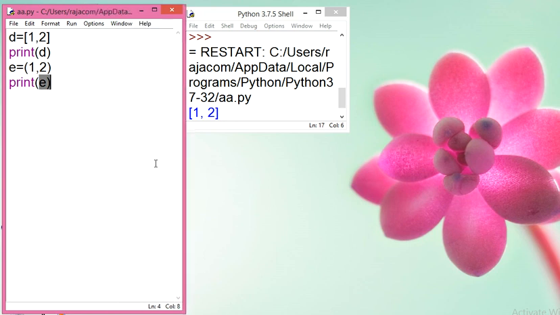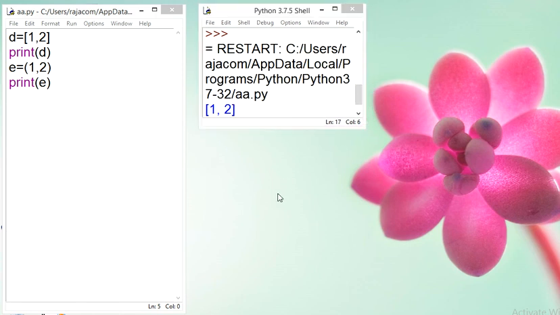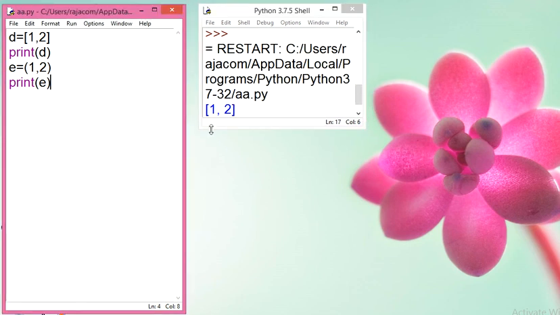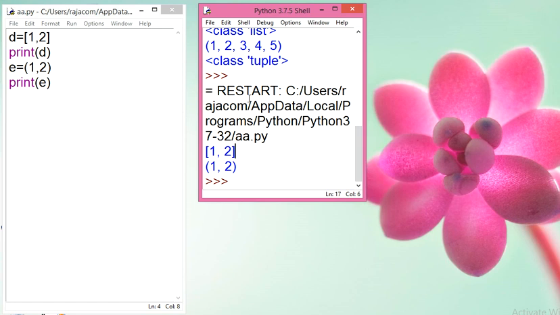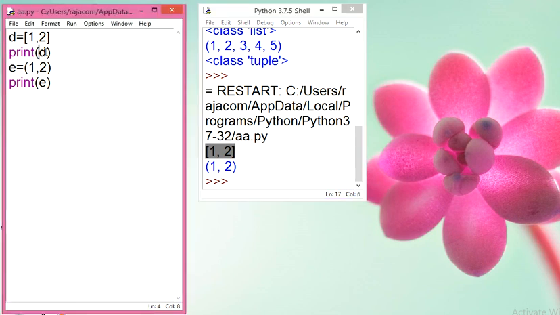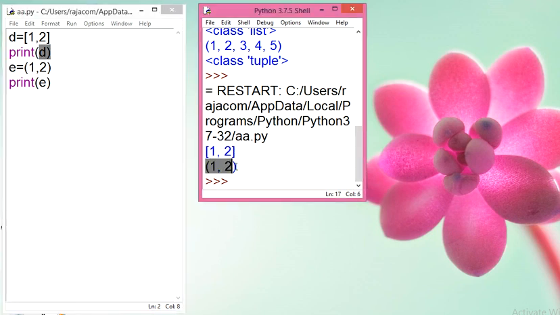And student, if it is not visible, let me know, write in my comment, and I will give the best solution for this. So here you can find this 1 2 in square brackets, which is because of print d, and this 1 2 in parentheses is because of e.